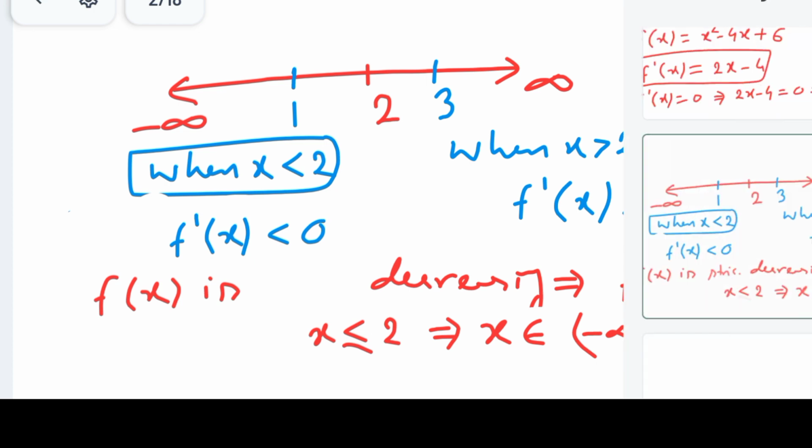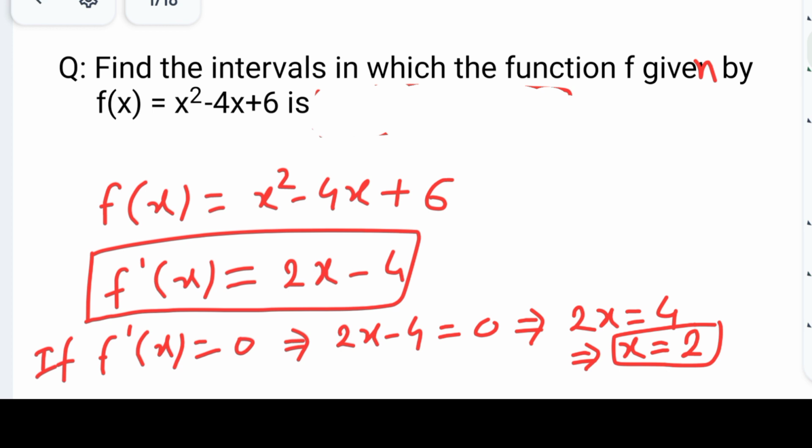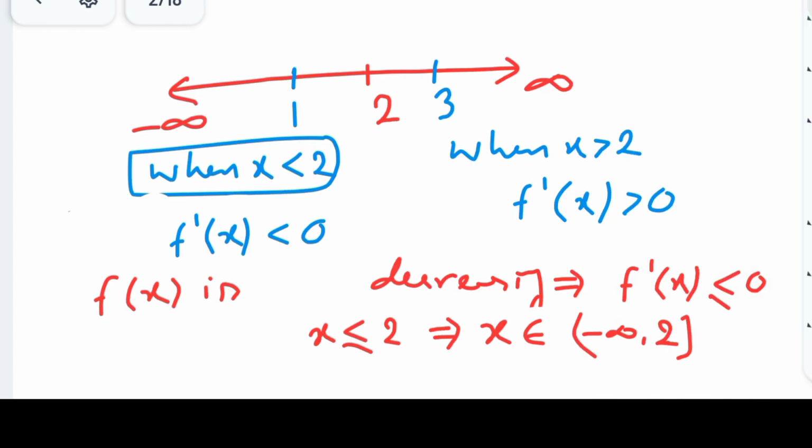Now the third point in this question. Suppose I am changing this question to increasing. I am removing this decreasing and converting this question into another question, like increasing or strictly increasing. Increasing, strictly increasing, you just include that value or do not include it. So if I write increasing, all these steps will be the same. Just at the last step I will pick this one. Increasing means it will be greater than or equal to 0.